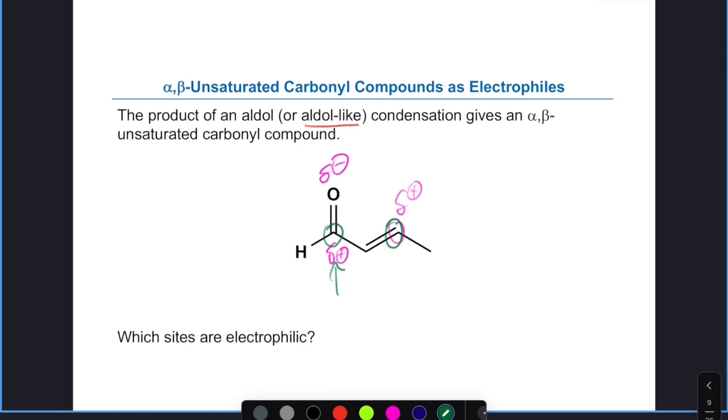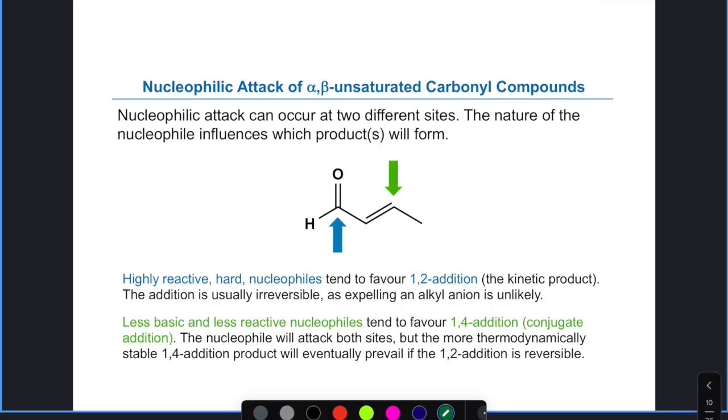So this becomes sort of an exact match to the aldol type reactions. Remember, aldol is an enolate attacks another carbonyl. Enolate attacks an aldehyde. Enolate attacks a ketone. Having this double bond attached to it means this becomes the target of our electrophilic addition. What we're doing is we're adding to this center now, which gives us a slightly different attack pattern. So these alpha-beta unsaturated carbonyls have two different kinds of species, or you look at them as two potential different ways. Very similar to what we talked about with things like the HWE and the